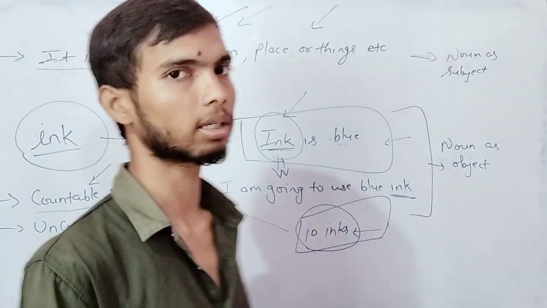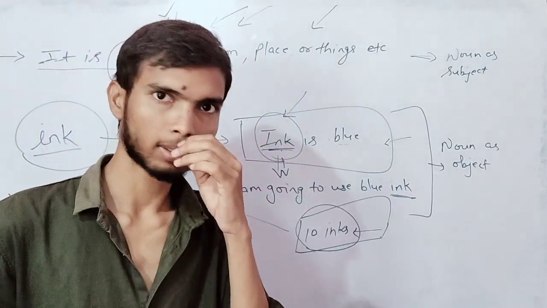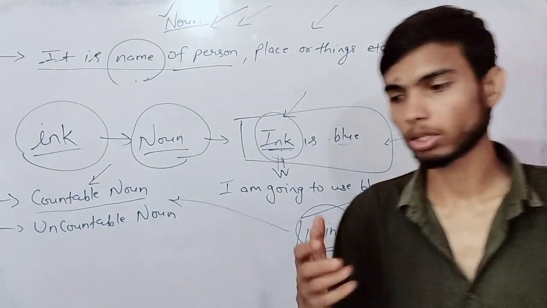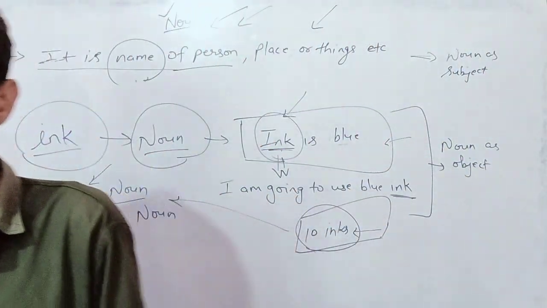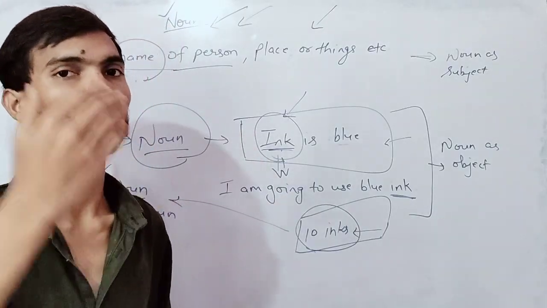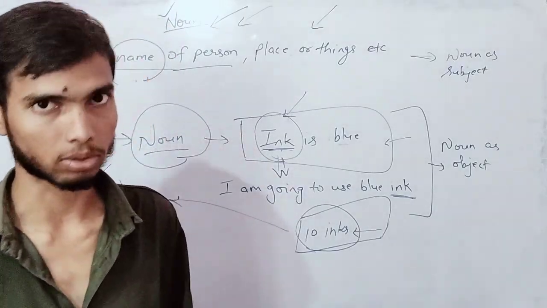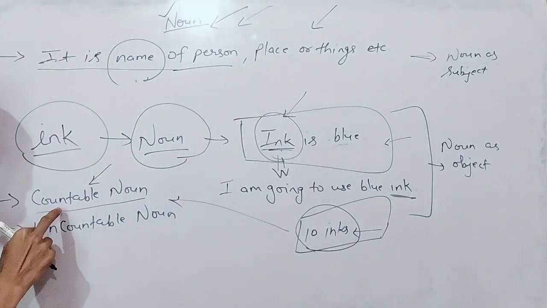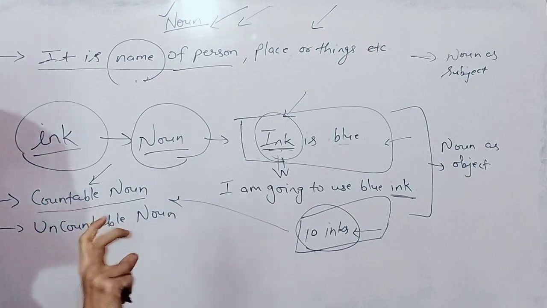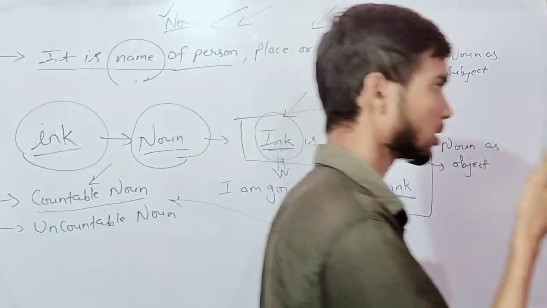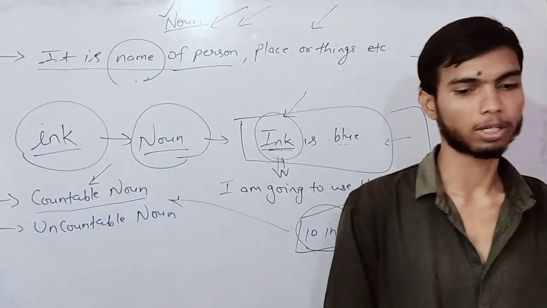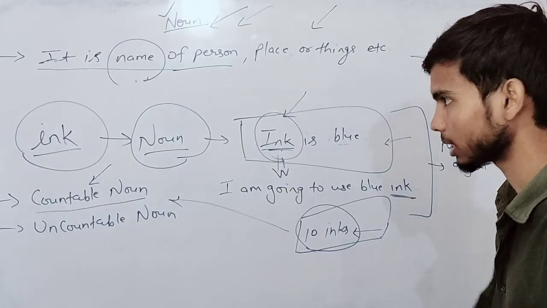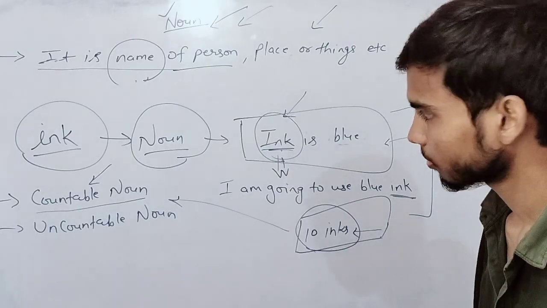Singular means one thing, one pen, one anything. Only one. Plural means more than one, not only one. It can be 3, it can be 100, it can be 1000, if we can count them. So you can categorize it in two parts: singular and plural. Okay, singular and plural. Singular, we can count.